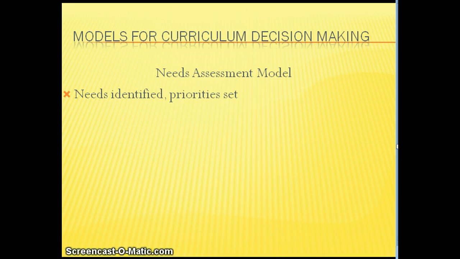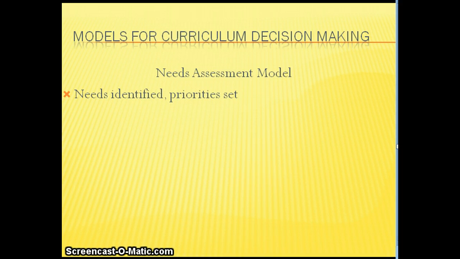The assumption is that these learning outcomes and goal statements would reflect the values, the needs, and the wants of all of the stakeholders. So that would be the teachers, the community, anybody involved in the curriculum development, that all of those needs would be considered when writing those goal statements. Once those outcomes have been identified, there's usually some sort of process for the group that's working on it to prioritize these.